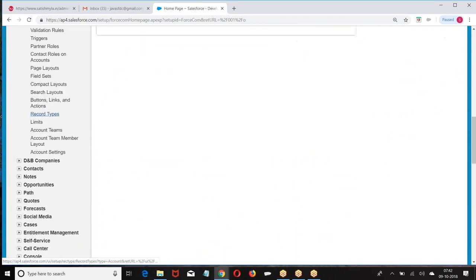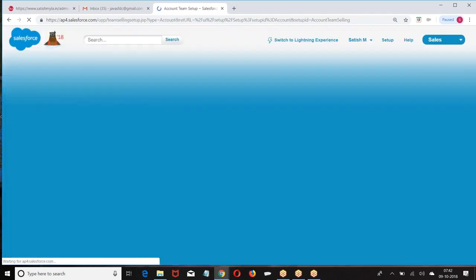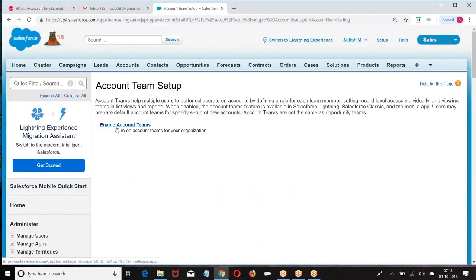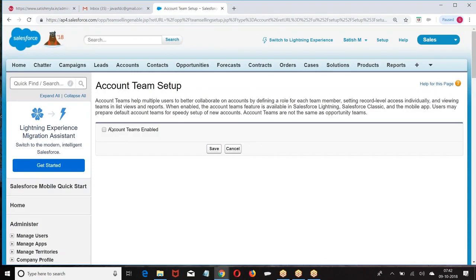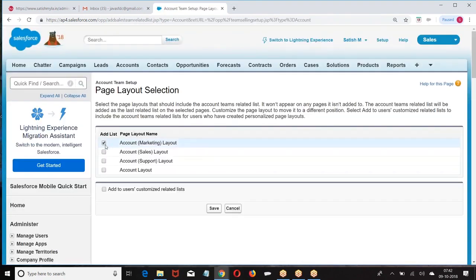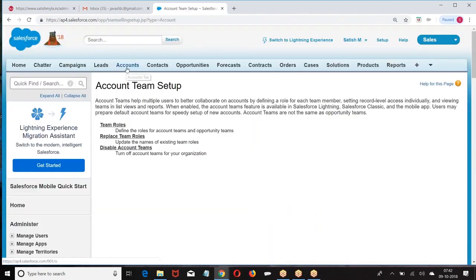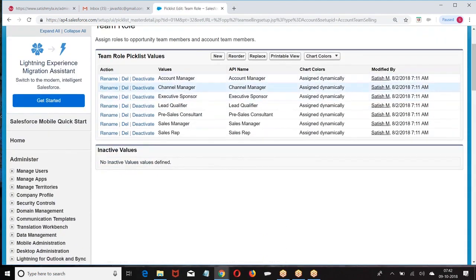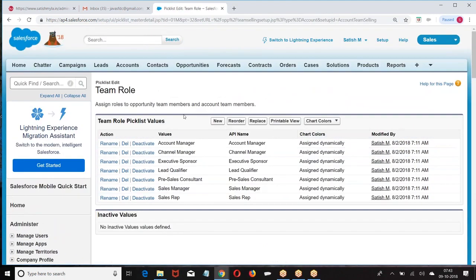Under the account, we have account teams. Enable account teams, and add the account teams to the page layout so that you can see them on the page layout. You can see the roles which we have. If you want to modify them according to your requirement, you can. Now I'm just going with the default values.